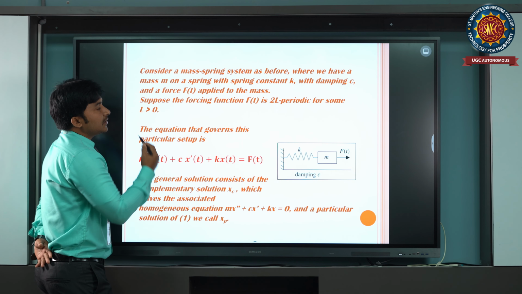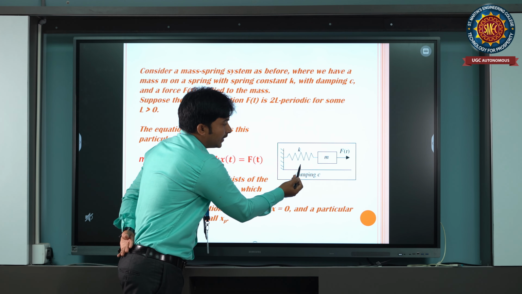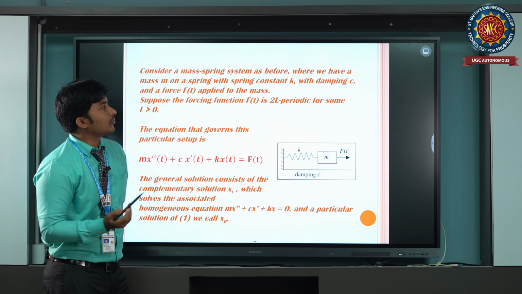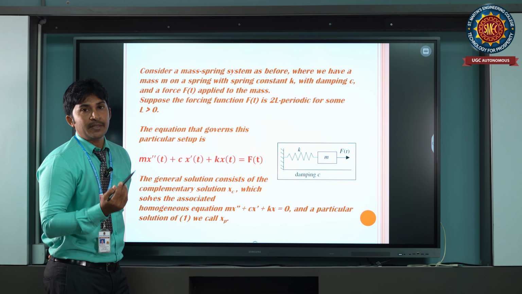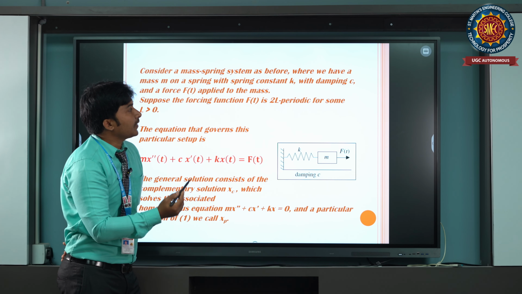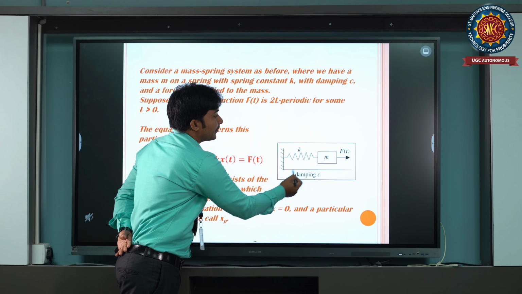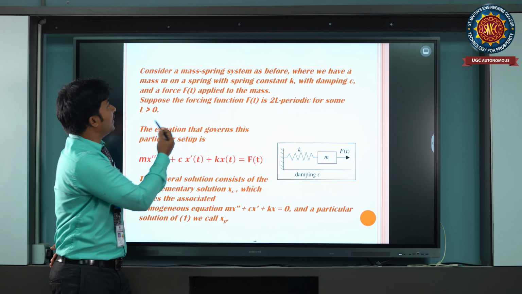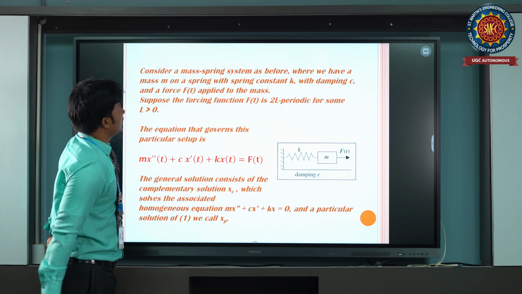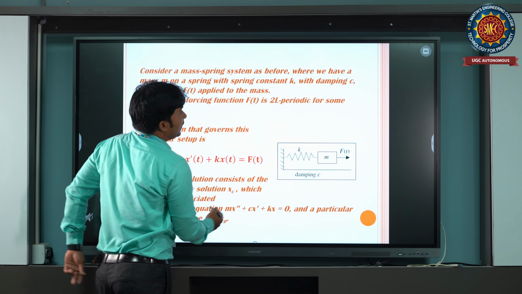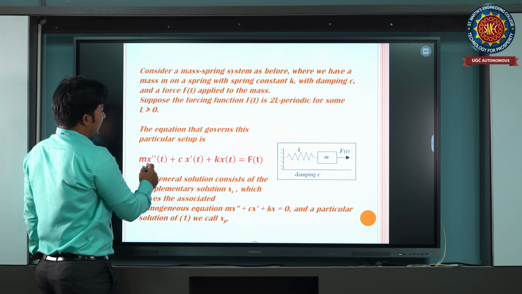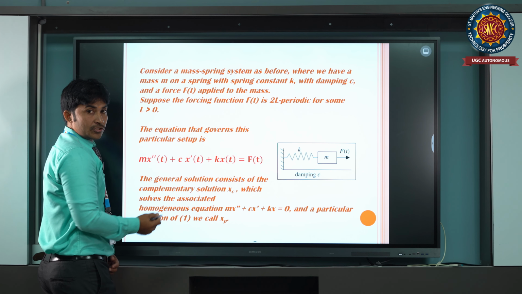To observe this diagram, it is a mass-spring system where we have a mass on a spring with constant K, and damping C, and a force F of t. Suppose that f of t is a periodic function. This is the equation. The main equation is m into x double dash of t